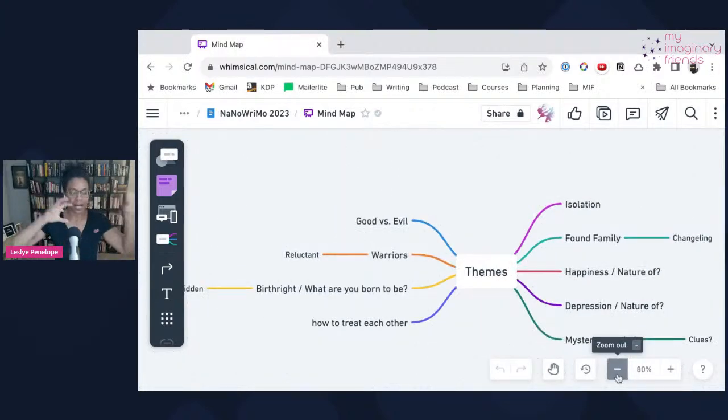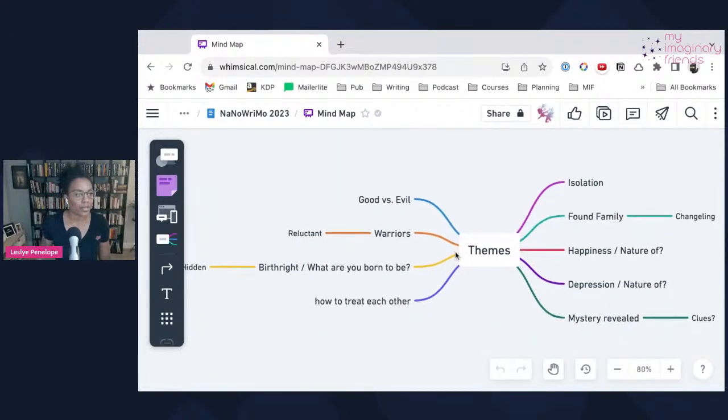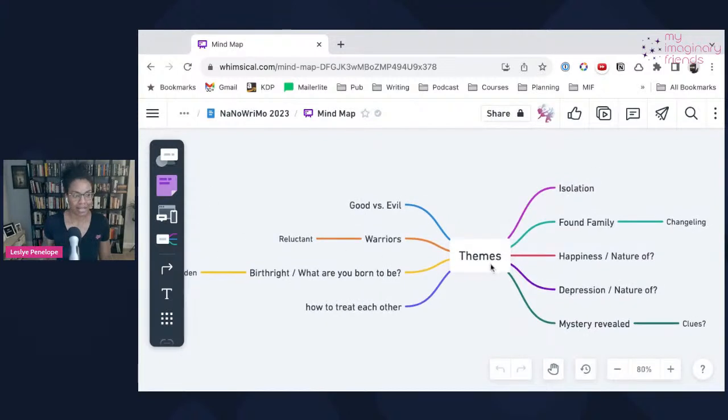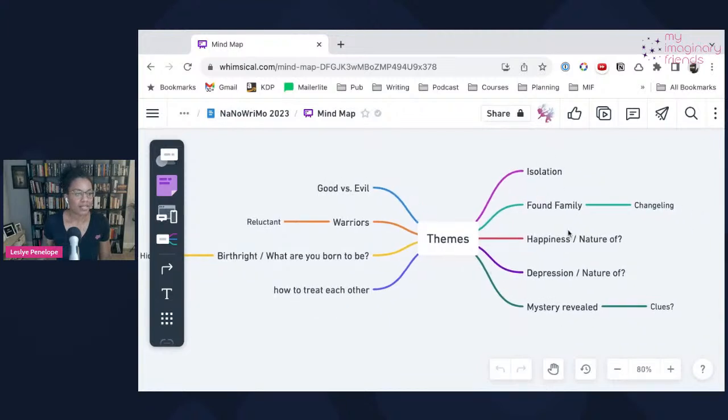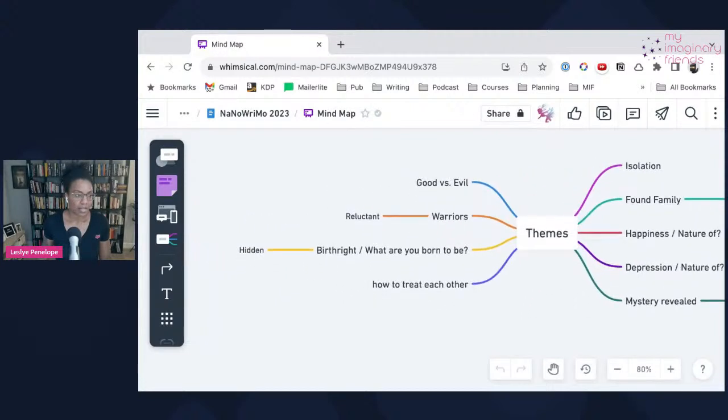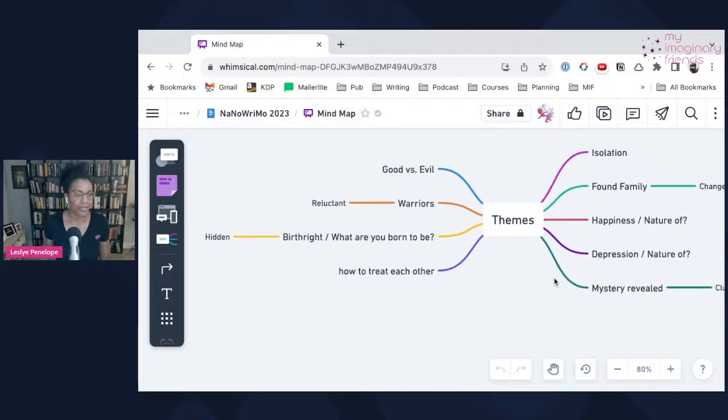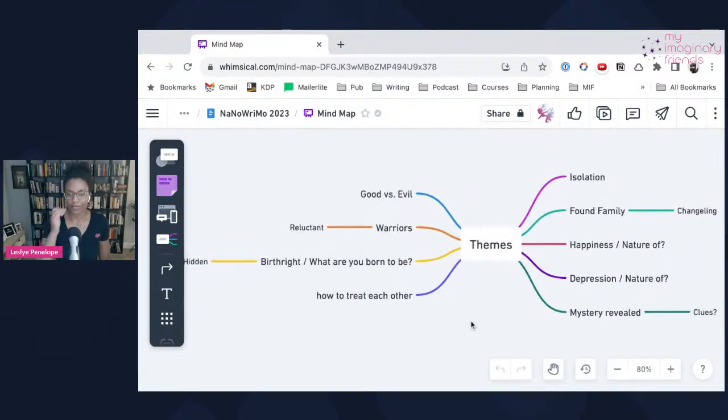This one has different rules, so everything kind of has to come out to the side. But I was thinking: isolation, found family, is she a changeling? Happiness, depression, a mystery revealed. What are the clues? Warriors, are they reluctant warriors? How people treat each other, hidden birthright, that kind of links to that. So this is just an example of a few minutes of mind mapping that I was doing a little earlier. I recommend that to just open your mind up.